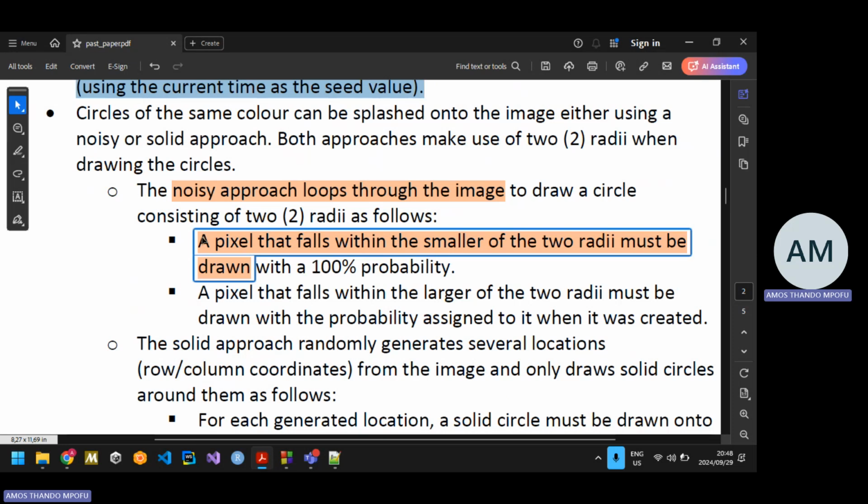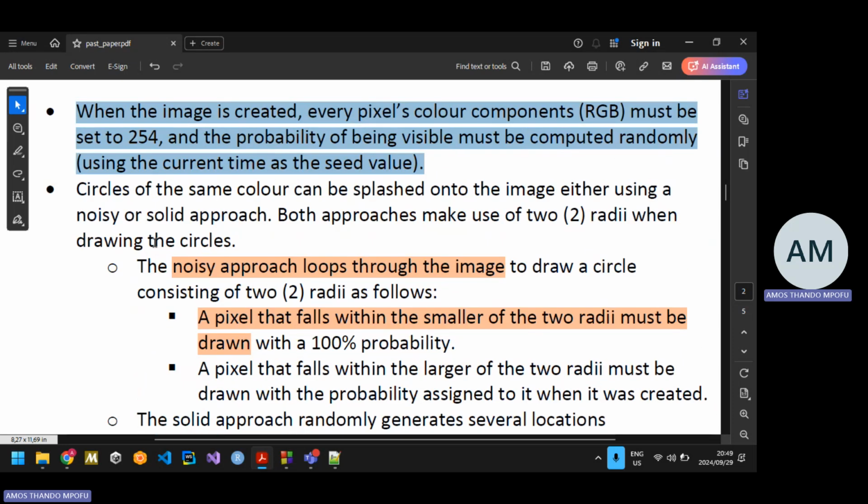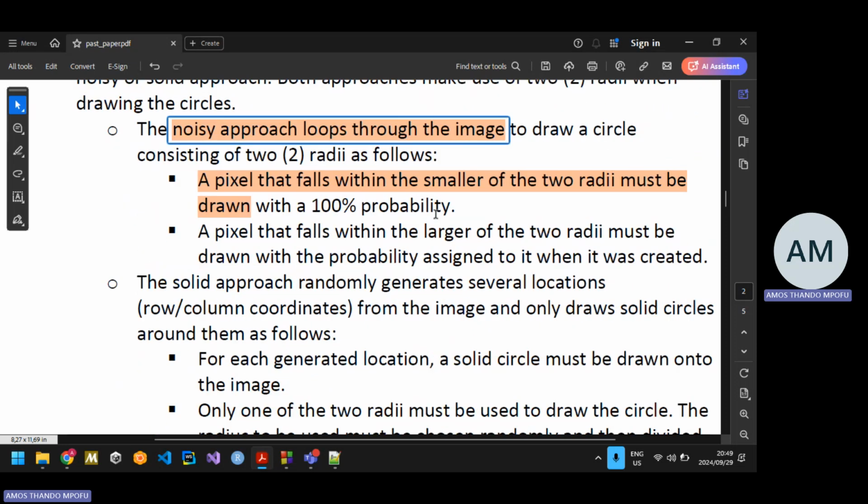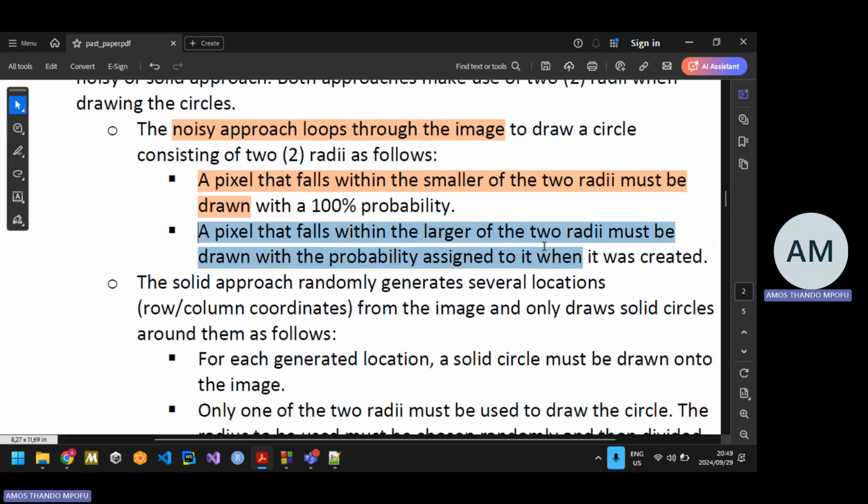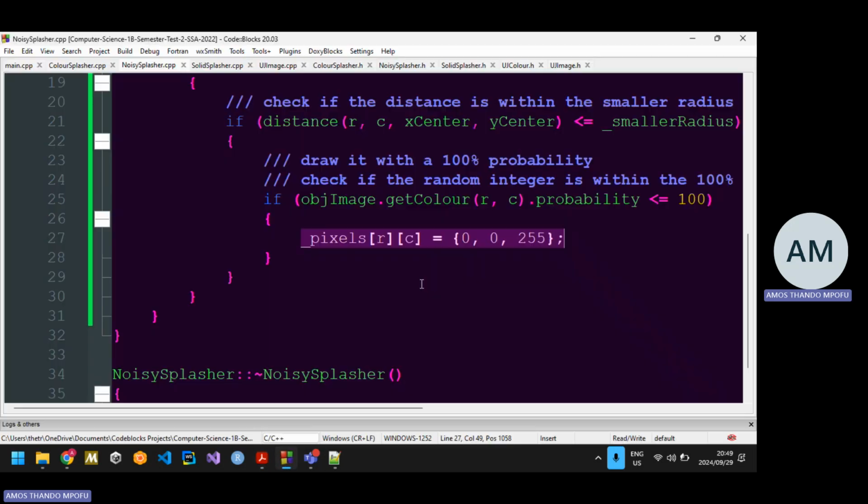So we don't compute the pixels on that side. The random generation, we don't calculate the probability inside the splasher. We calculate it inside UJImage, because when they told you when the image is created, that's when the UJImage constructor is called, right? And then two for loops, and then a pixel that falls within the larger range of the two. Oh no, I'm wrong. They said with 100% probability if it's a smaller circle. Right, so if it's a smaller circle,